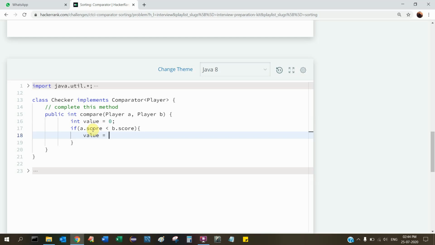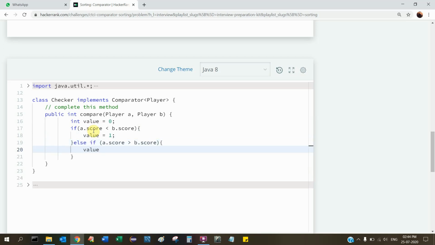So instead of -1, we will assign 1. And else if a.score is greater than b.score, then we are going to assign value as -1.